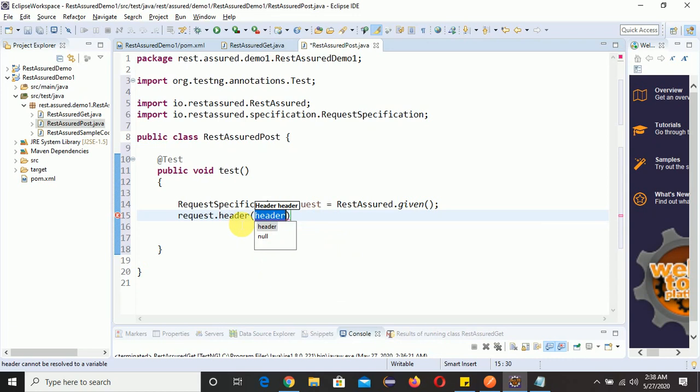See, in Postman also, in header what are we passing? Content-Type application/json. The same thing we need to write here. Make sure this is case sensitive. So we need to write the same Content-Type, where T will be capital, right? Now comma, application/json, and that will be in small letters. Application/json.